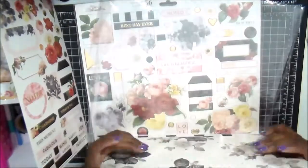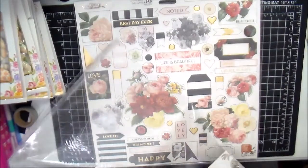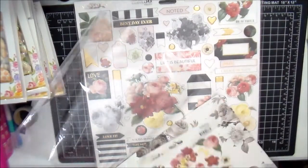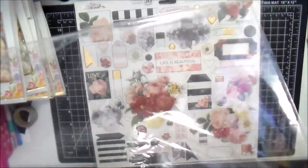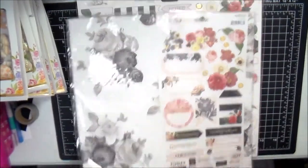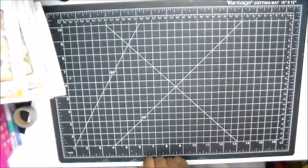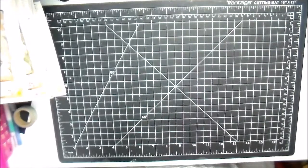And yeah, so you get one of each sheet, and then you get the sticker sheet, which I showed you first. And then I also got the 12 by 12 chipboard sheet. So I'm just going to stuff this back in here real quick and then move along. But that set right there is gorgeous, and I don't know if I'll ever use it. That's what's so sad, but it's just so beautiful. Okay, so our next thing,